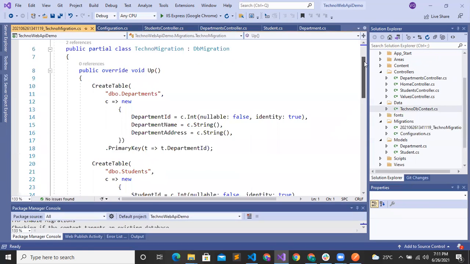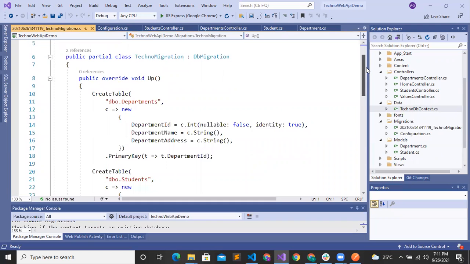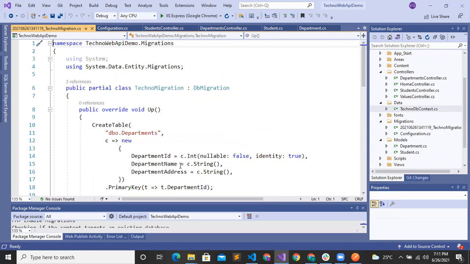You can see here all the database related code generated after completion of the add migration command. Here you can see for departments, department ID nullable is equal to false. Identity auto increment is already added.